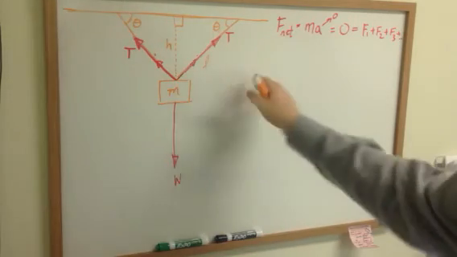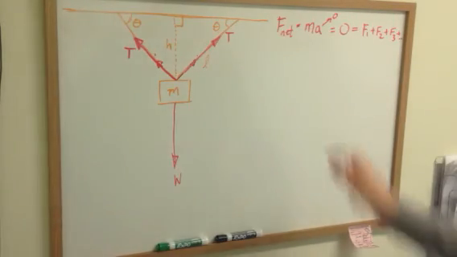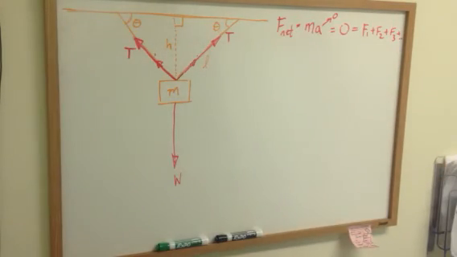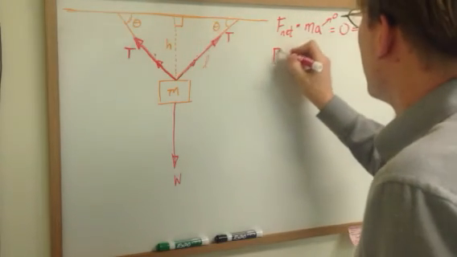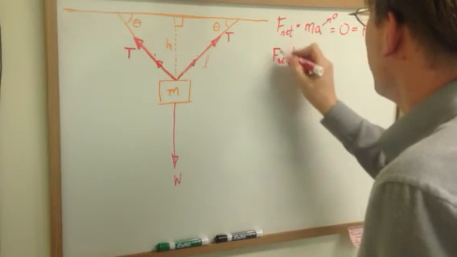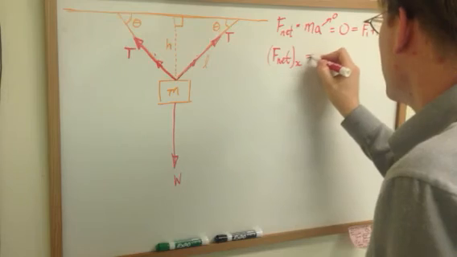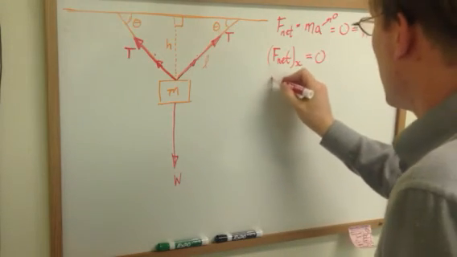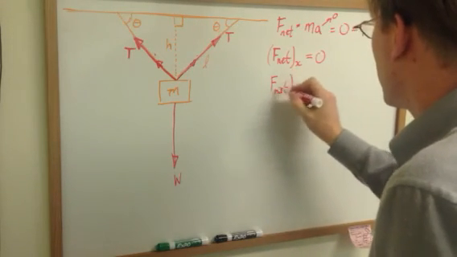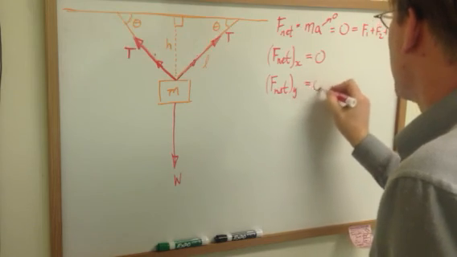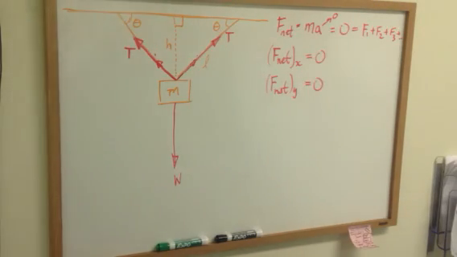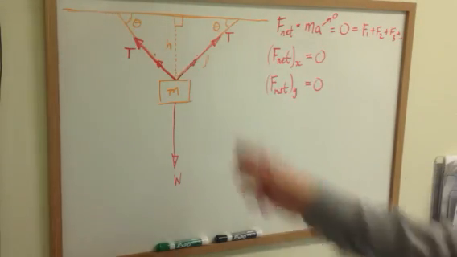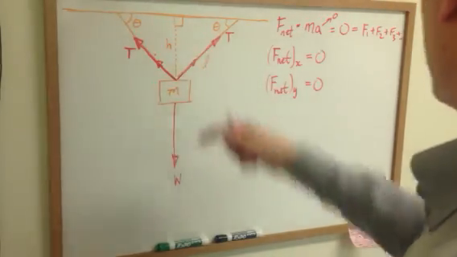So if these forces are going to balance, if my net force is 0, it also means that the net force in the x direction is 0, and the net force in the y direction is 0 independently. So I may not be able to figure out directly what tension is,